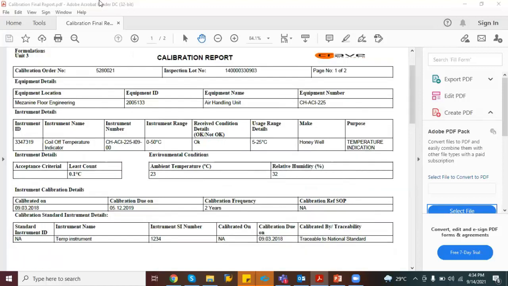Thank you very much for the wonderful demonstration of the application. In fact, we can digitalize the calibration process, and we would like to have a one-to-one interaction with you if you are planning any digitalization or automation of the calibration process in your organization. If anybody has any queries, you can put them in the question and answer section or even in chat, so that we can reply to those queries.